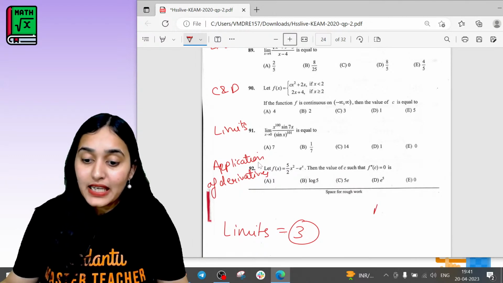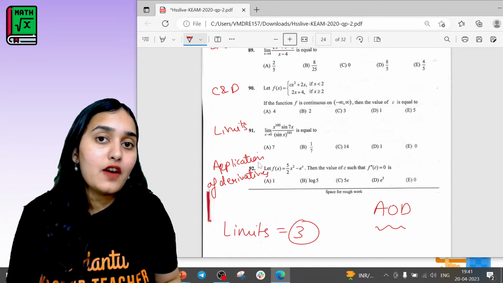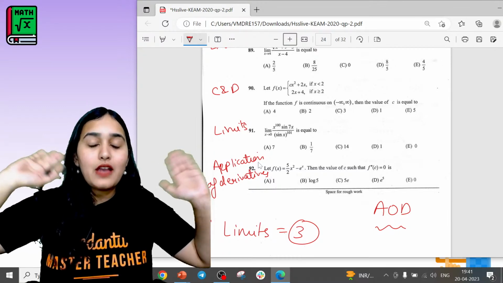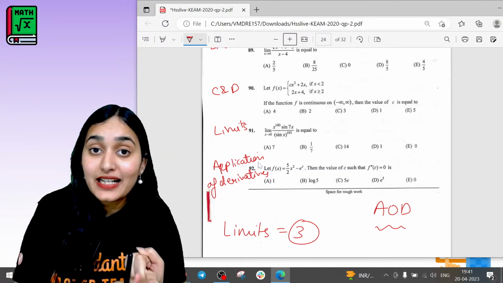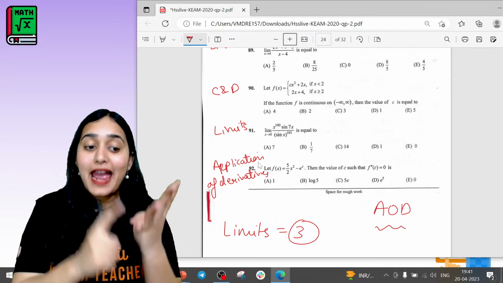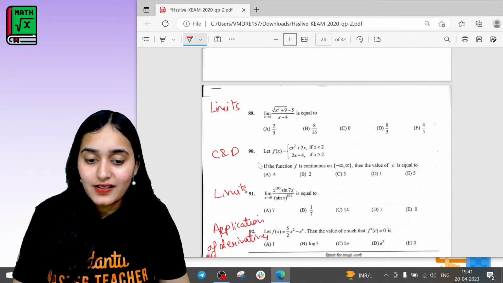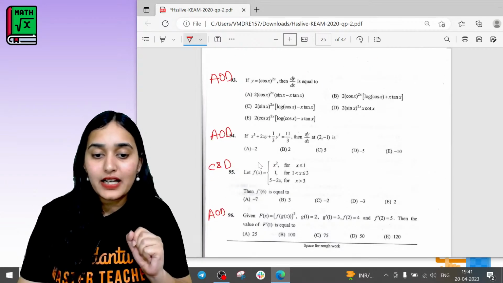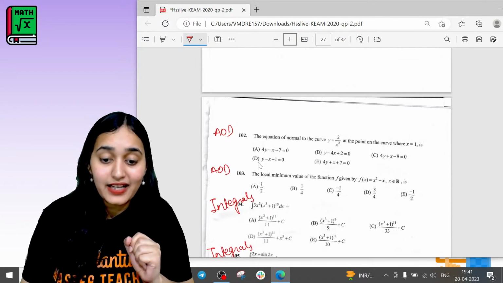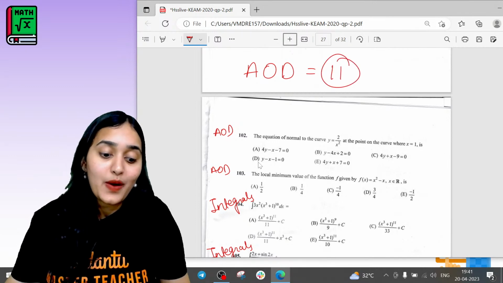But application of derivative is having a lot of questions, surprisingly. Application of derivatives is of course a very big chapter. So in application of derivative, you will learn increasing, decreasing function, finding derivatives, maxima, minima, tangent and normal. All of this is super important. Just count the number of questions here and you will know. Application of derivative 1, 2, 3, 4, 5, 6, 7, 8, 9, 10, 11. Oh my god. Application of derivative has 11 questions.